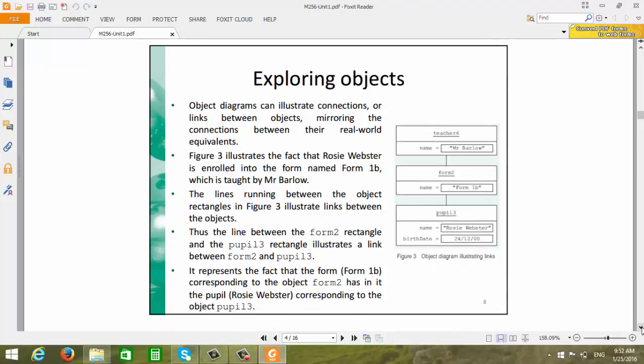As we mentioned earlier, there's always a relation between the objects, and that's how real life runs. Objects in real life are related to each other. In this example, we can see that the object bubble 13, whose name is Rosie Webster, is linked to form 2. She is a member in form 2, and that form 2 is taught by a teacher, teacher 6, Mr. Barlow. So bubble 13 named Rosie Webster is linked to form 2, which is named form 1B,